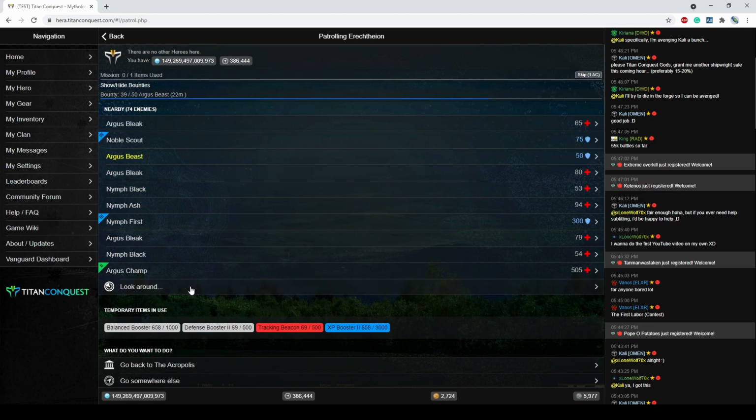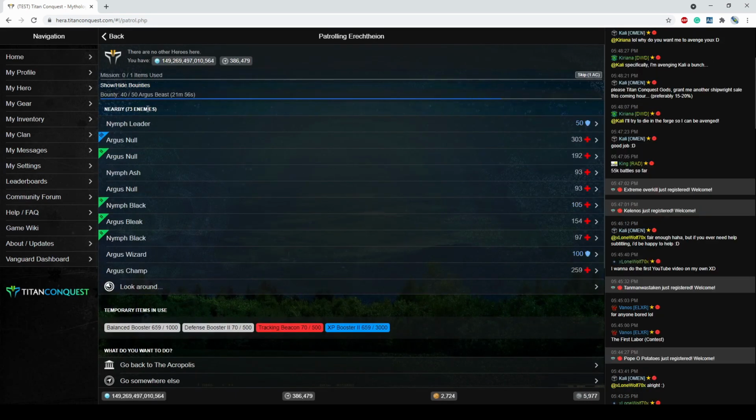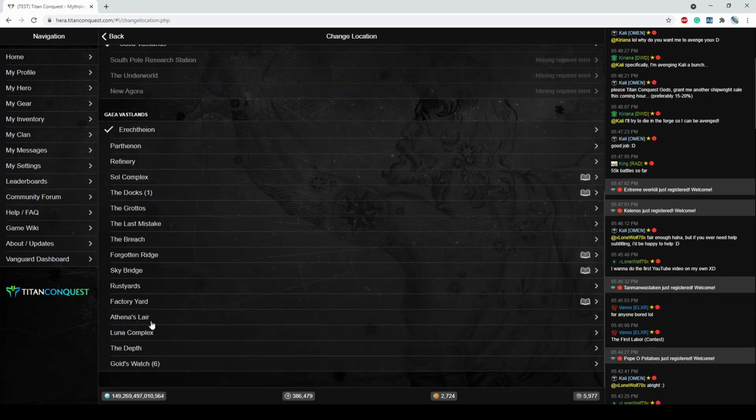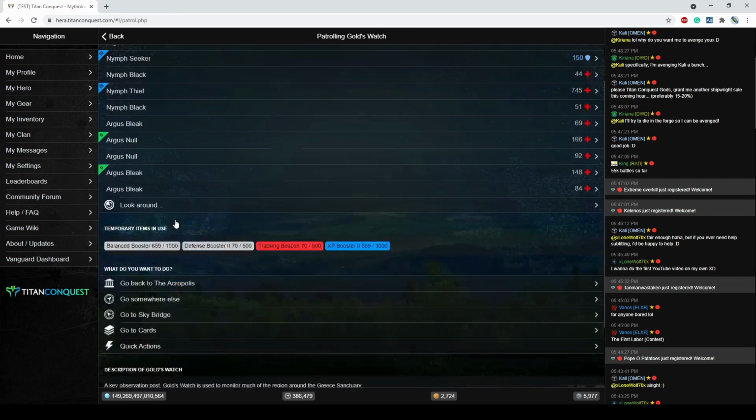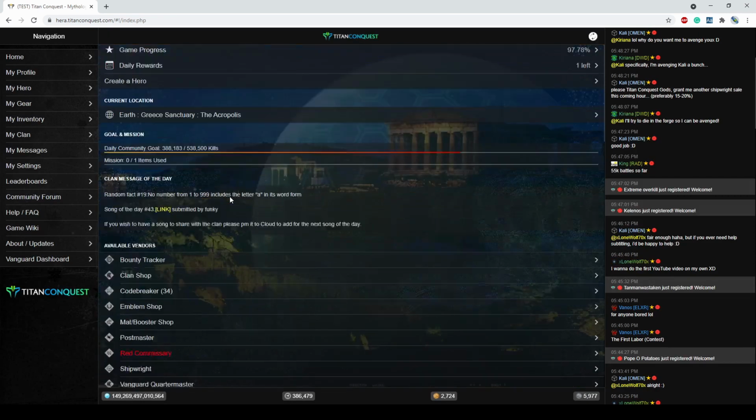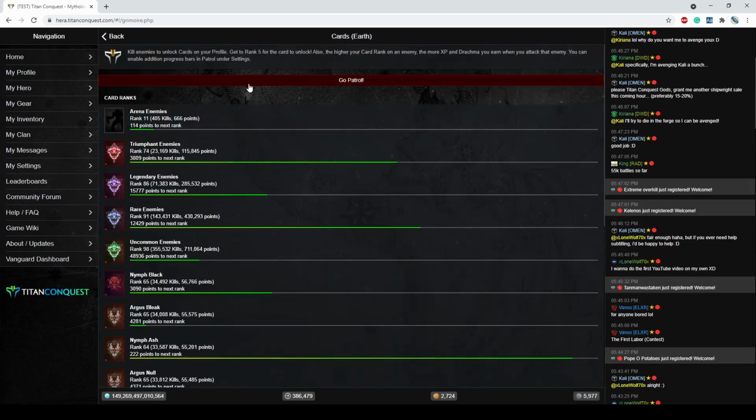All right, with that, we've got just a couple minutes left to finish up this bounty. We're down to 10 kills. I'm gonna come and swing back to Gold's Watch where there's a bunch of people there that may be farming, so we may have something else in here to pick up. Not seeing it. So with this one, I could probably come back to the Acropolis, go to cards, go patrol,